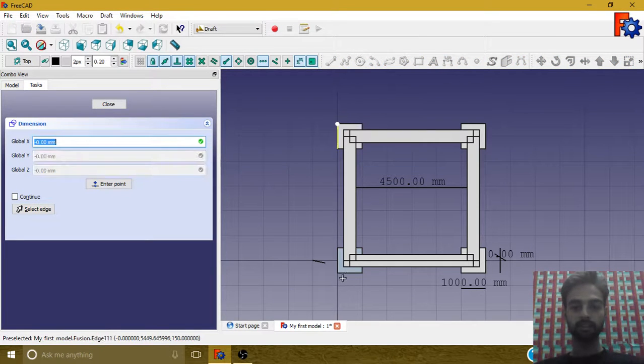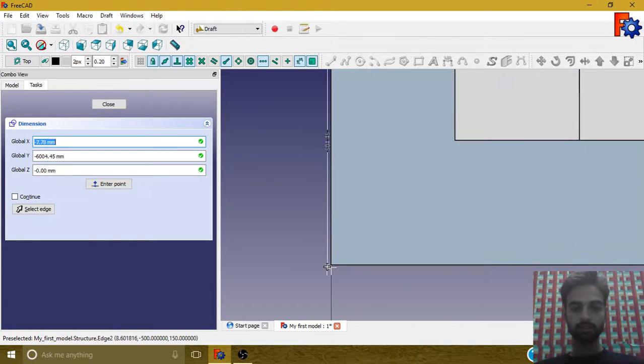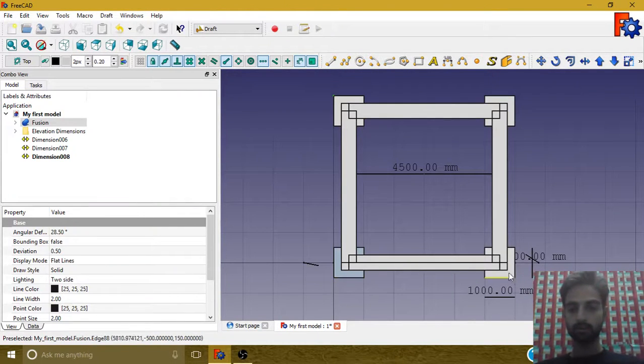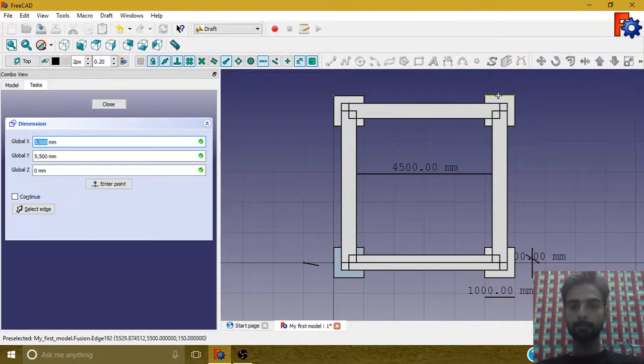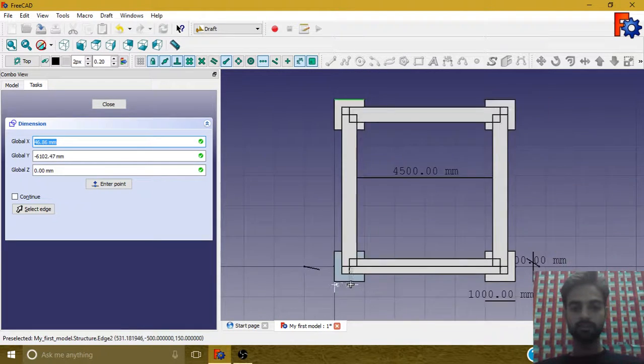Like select this point. We can go to another. Here is some problem in selecting the other edge.